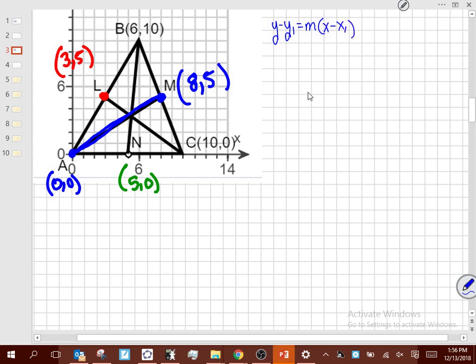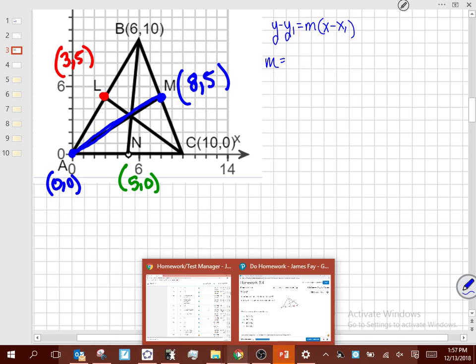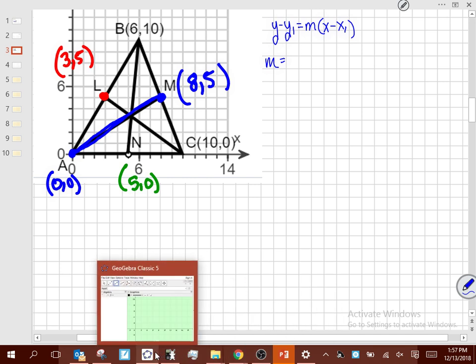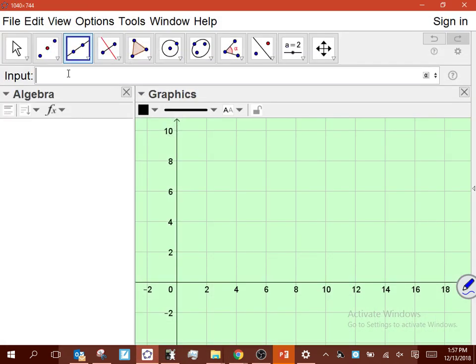Okay, and I need slope, right? So I'm going to find a slope of the blue line. So slope of the blue line uses 2 points, right? Use 2 points that you know are on that line. Do not get silly and say, okay, and let me just go to GeoGebra to show this and explain this concept. If I've got 0, 0 and 5, 8